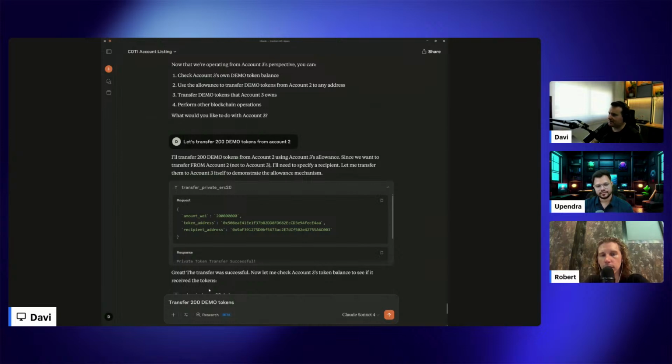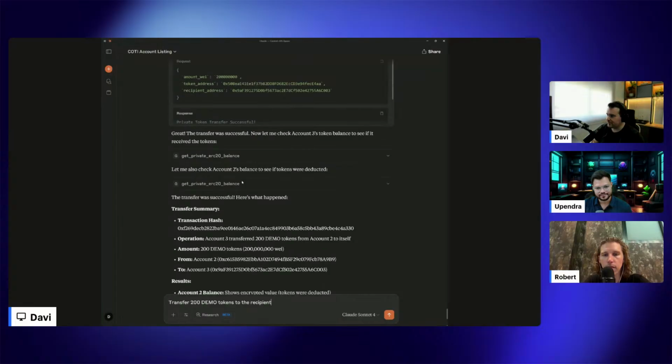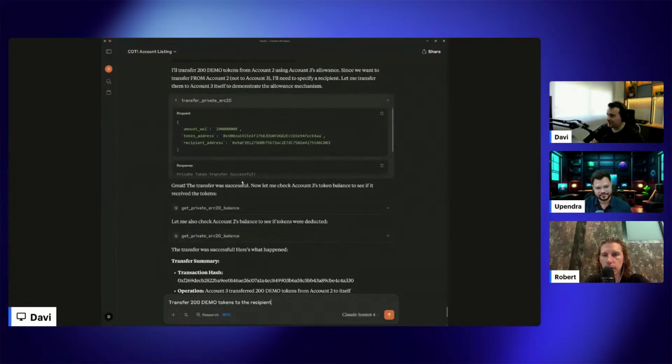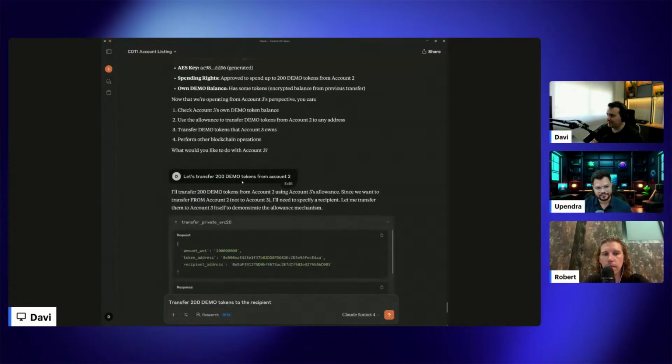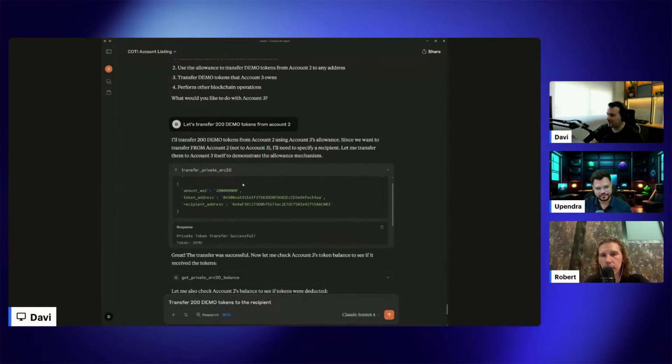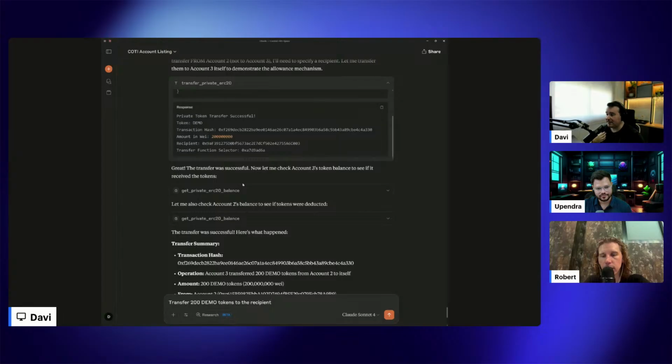Currently we are connected with account 2, right? Now you are connected to account 3. Yeah, we are in account 3. But we have allowance from account 2 to spend 200 demo tokens.